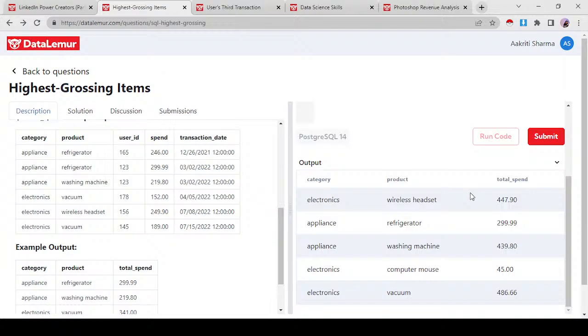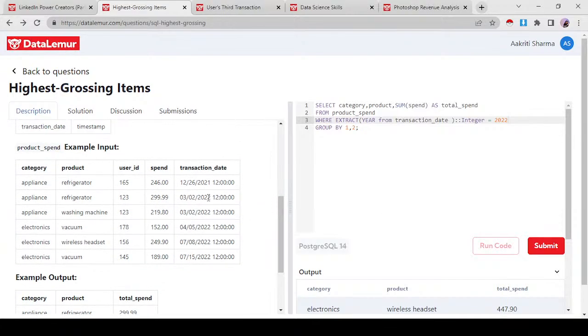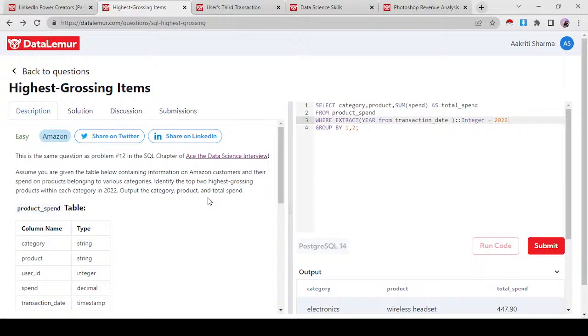I think it changed somewhere, I'm not sure though. But nevertheless, now we know that our scope is limited to the year 2022. The next thing we need to do is to rank it in such a way that only 2 of them are present at the end. For that, let's take this query as our starting point, a reference, and then we'll start with